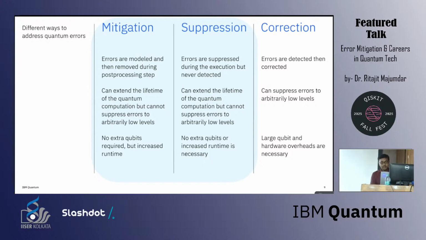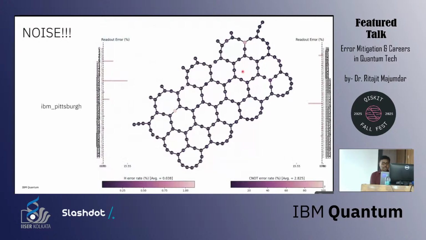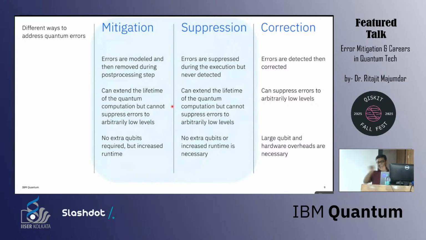One example is when you place your quantum circuit on the hardware. If I ask you, do you want to use this qubit or this qubit, all of you will say 22, because 23 has way more error. We can see it from this color code. This type of selection, even before doing any computation, where there is no extra quantum overhead, we call suppression. And mitigation will have some quantum overhead. This is the differentiation that we make, but it's not a very mathematically strict differentiation, I would say.